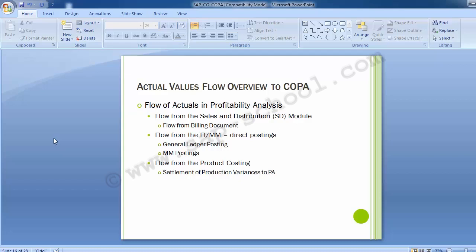You can transfer costs and revenues from direct posting, that is GL account posting in FI, orders received, and so on, and settle variances from cost objects, that is production orders, from the product costing part to profitability segments. This is how the actual